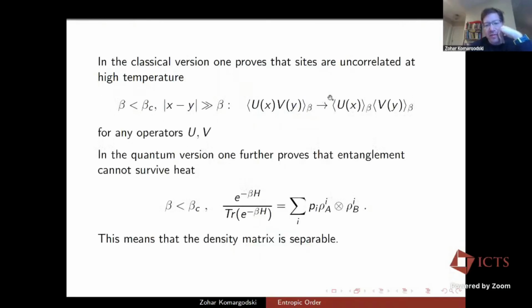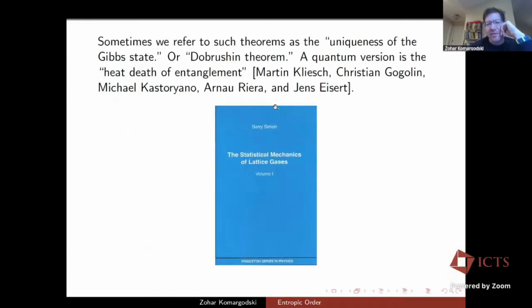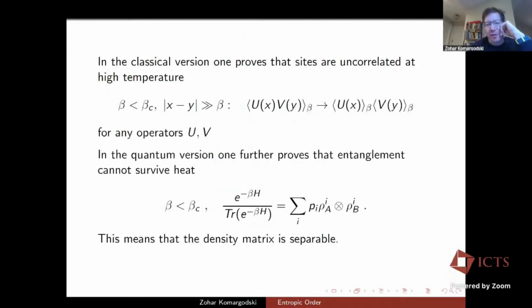So what are these statements saying? Well, they basically say that there is no order and no correlations at high temperatures. And precisely they say that there is always a critical beta. And if you go to temperatures which are even higher than that, correlation functions factorize up to exponentially small corrections. That's a classical statistical mechanics theorem. And if correlation functions factorize, then there cannot be order, because one-point functions vanish at any finite but large volume. So therefore two-point functions also have to vanish at large separations up to exponentially small corrections, and that's it. So people have basically proven that at high temperatures there is no order under some assumptions.